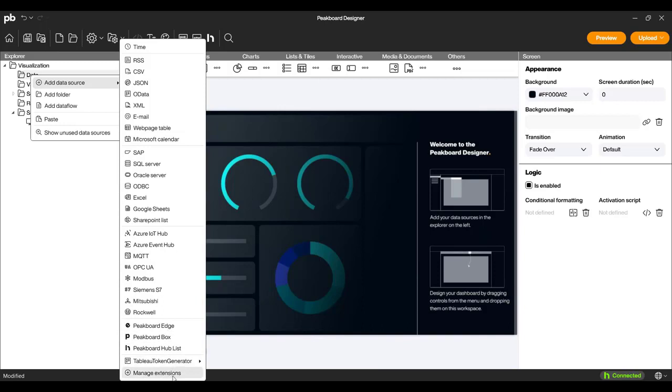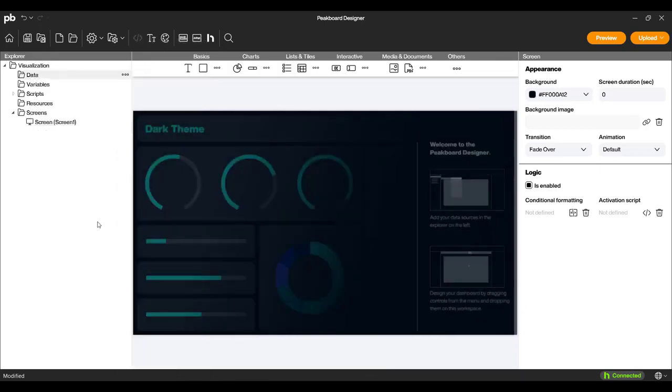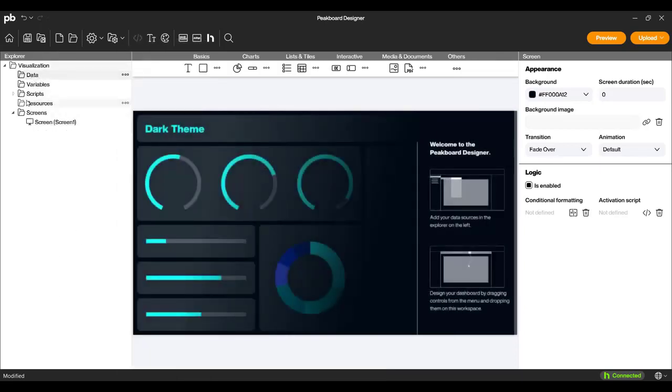Here you see extensions. So if you are using a system that is currently not within our data sources, we are happy to create an extension for you. This allows you to also connect to other data sources, and without having to wait for a new update, you can just add them on your own or have us create them for you to be able to connect, for example, to Tableau. So this is the data sources, and then you can also create variables to store information